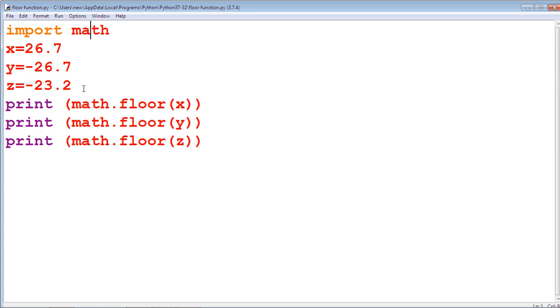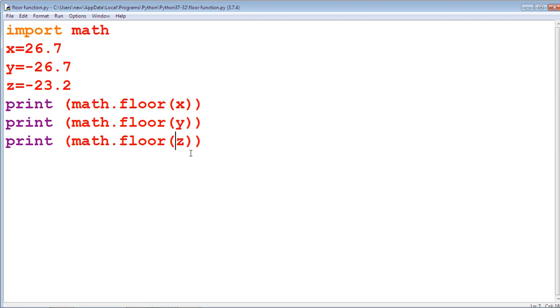Here math.floor of x returns the value less than x, that is 26. Floor of y gives the nearest value less than y, that is minus 27.